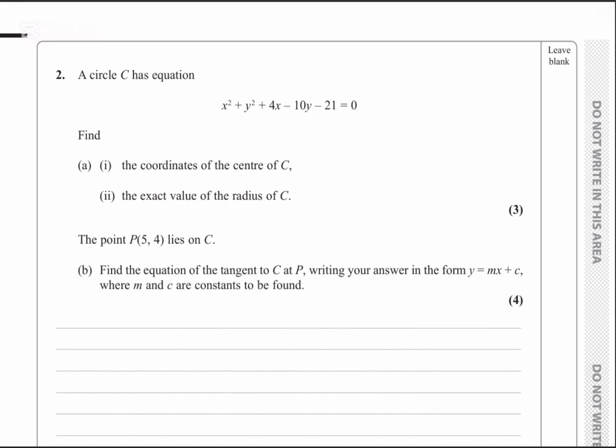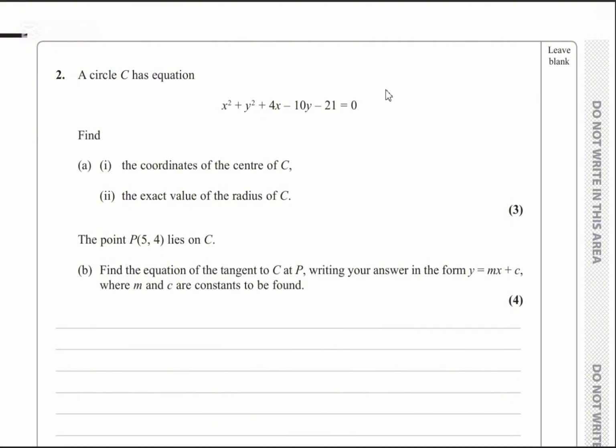Looking at a coordinate geometry question from the Edexcel IAL Mathematics P2, from the 2019 June Pure Maths 2 paper. Question number 2. A circle C has equation this, and we are supposed to find the center of the circle and the radius. Whenever they give you the circle equation in this format, what you want to be doing is,